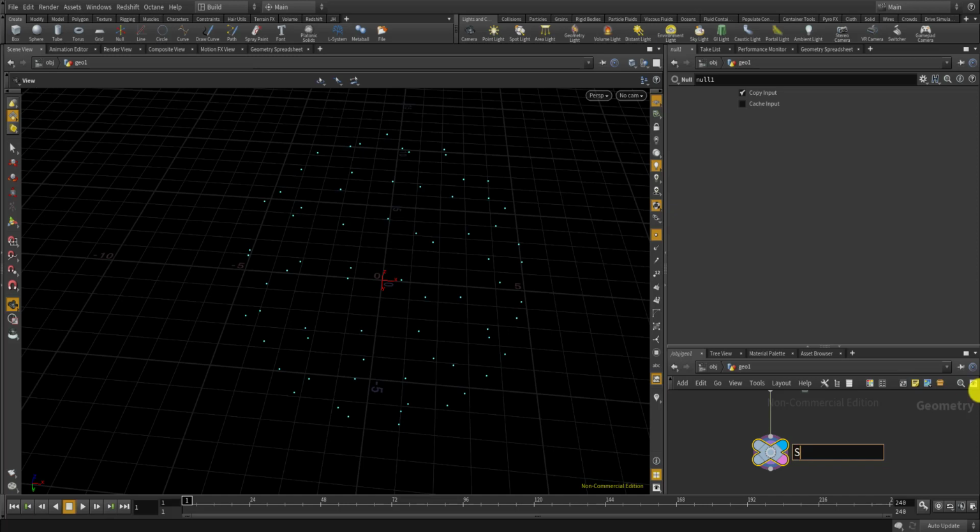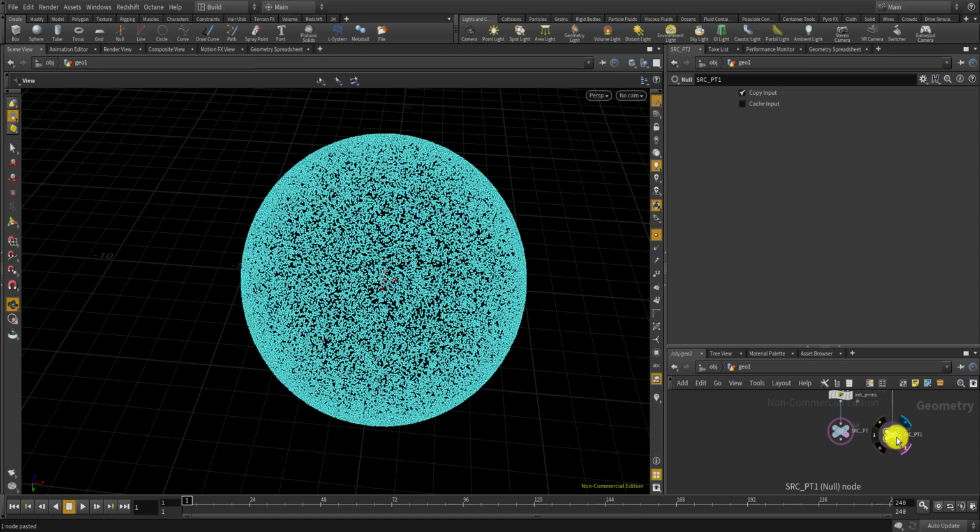And I'll name this source pt. And I also would like to make another null. Oops. Copy paste this one and connect it to the vector field. And I'll name this as ref point. Okay. And finally,